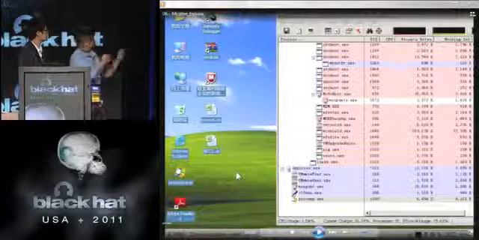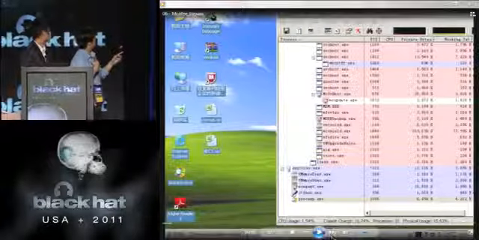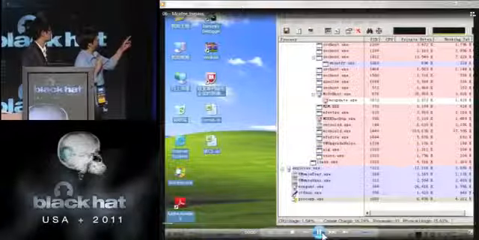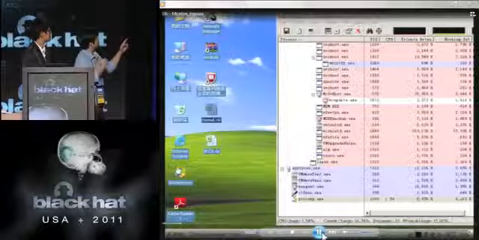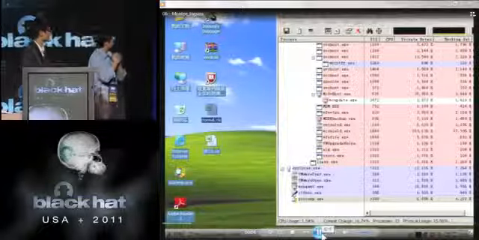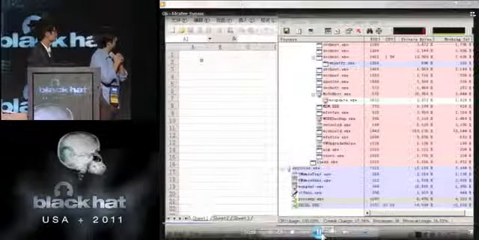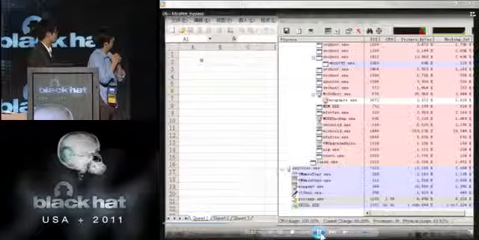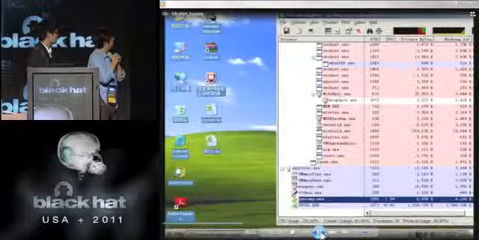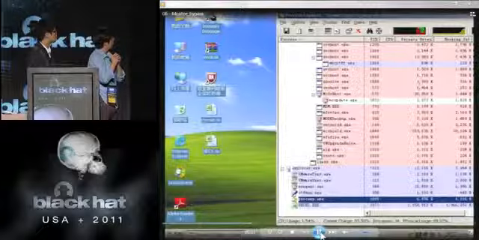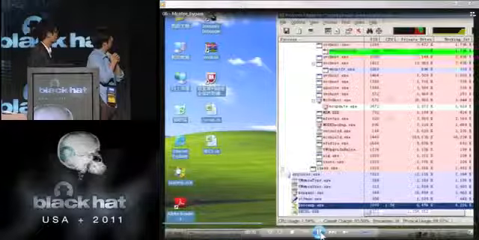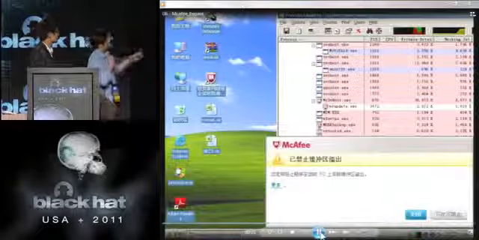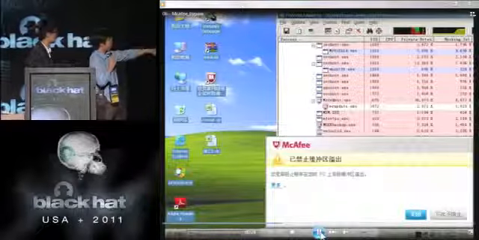Okay, so now we open the original one to launch the Excel exploit. Okay, it is blocked by McAfee host IPS.